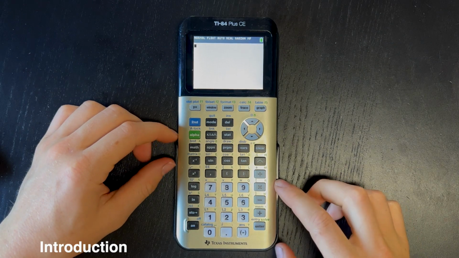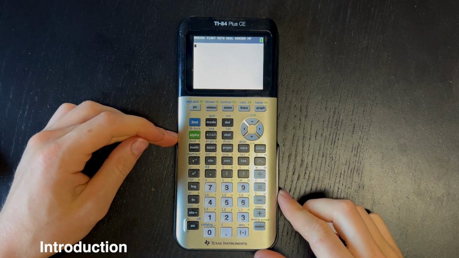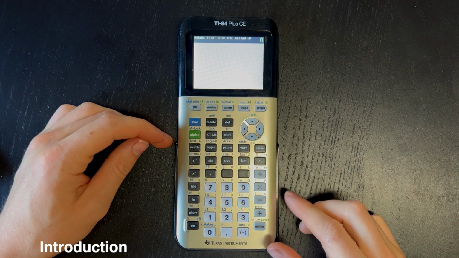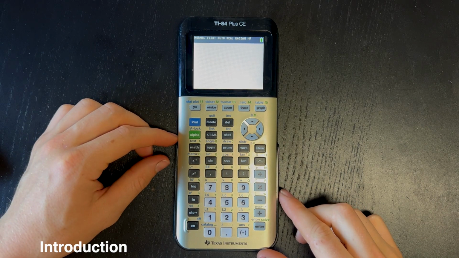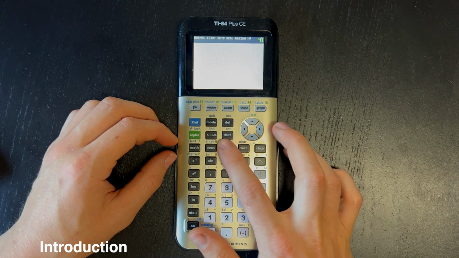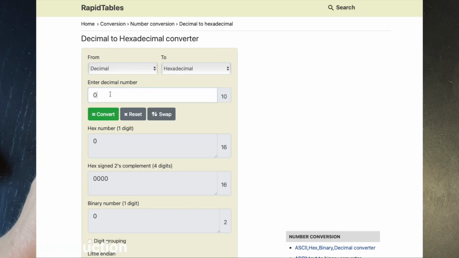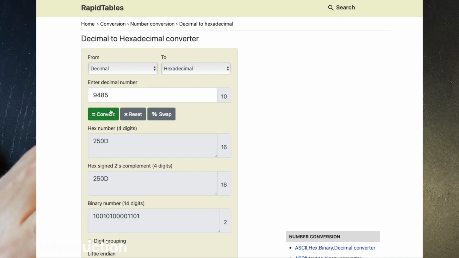Okay, this is going to be a programming walkthrough for a program that converts decimal or base 10 numbers into hexadecimal or base 16 numbers. So first I'll just show you how the program works. It's basically just a dumbed down version of this website where you input a decimal number and you get a